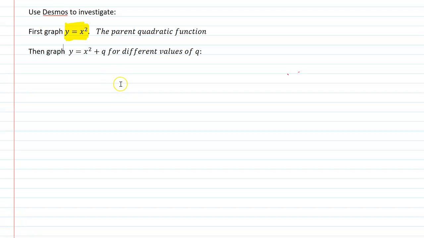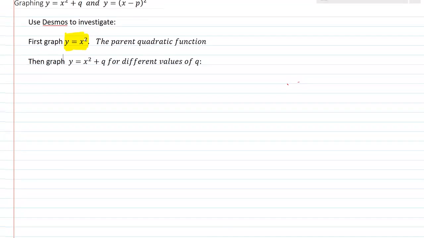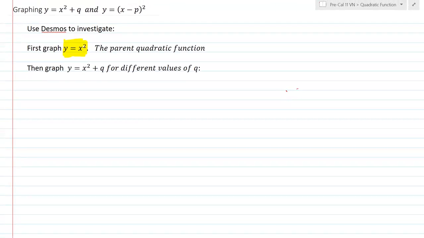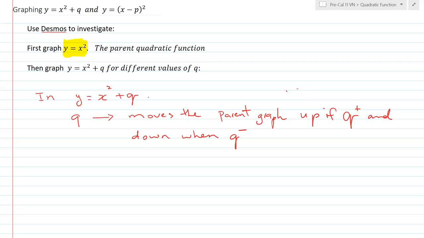Sorry, that was q, not p. What can we say about the q, the effect of q to the parent function? That is a very important thing that we need to do, and based on that, we need to try to navigate through the graph. All right. So in y equals x squared plus q,